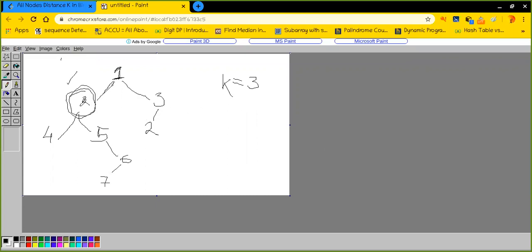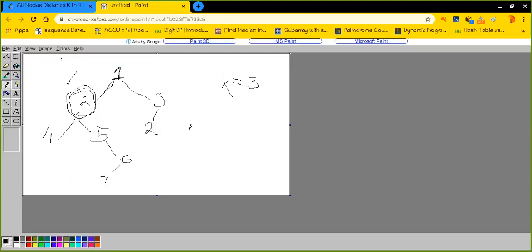As k is 3, which nodes need to be returned? Those nodes are 1, 2, 3. One is 7, and is there any other node? 1, 1, 2, 3. So that is 2. So 7 and 2 are the nodes which are the answer.